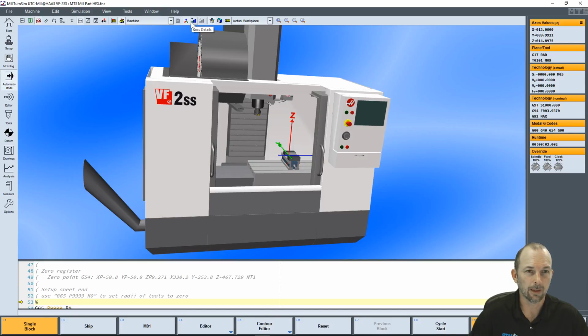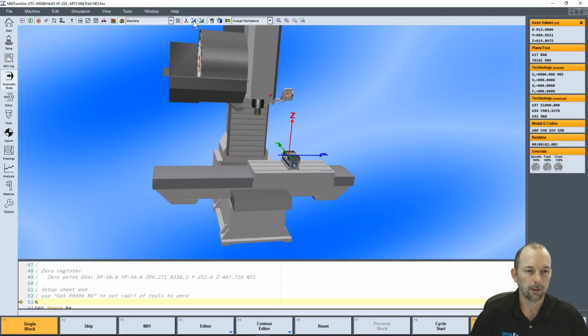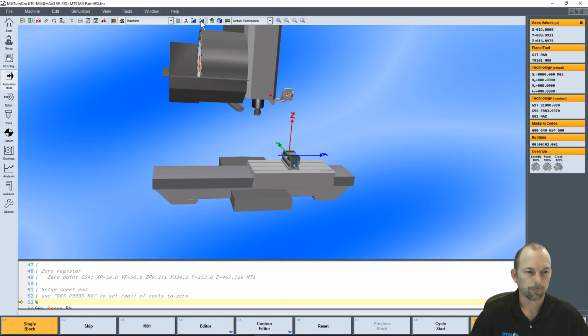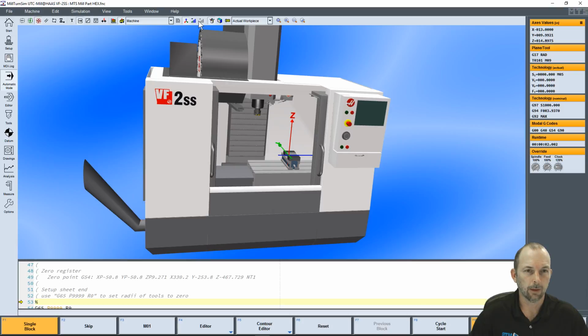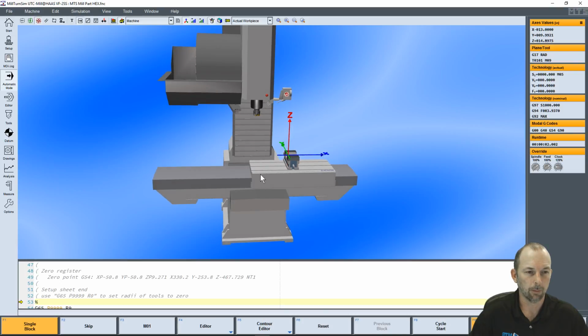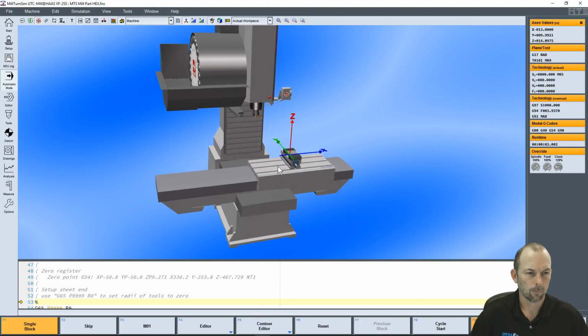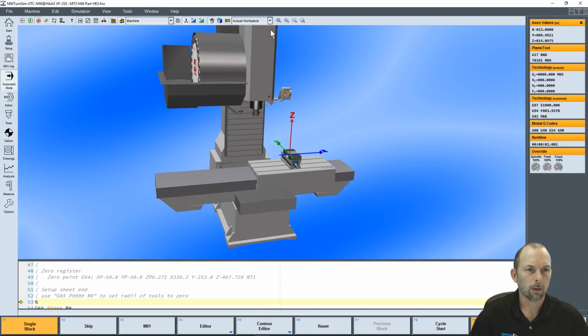Here, if I say less details, you see more details is grayed out. There's no more detail to be added to this machine. Less details takes detail away, so I can strip away the sheet metal. Show any level of detail that I choose. Let's get rid of some of that sheet metal. And then working across,